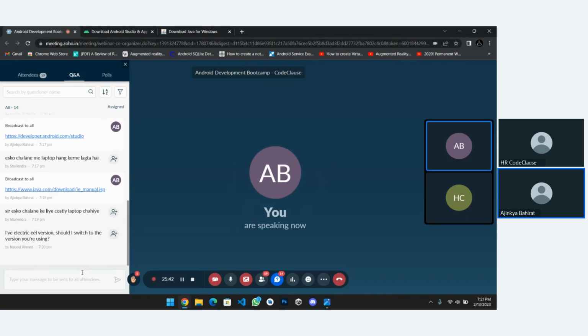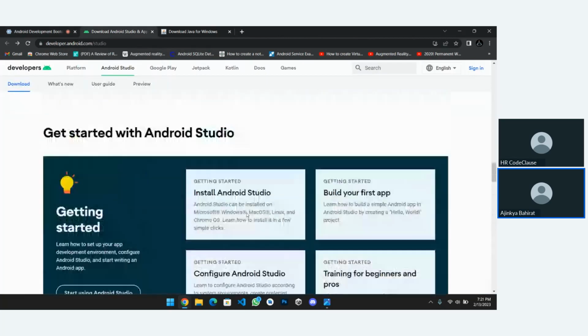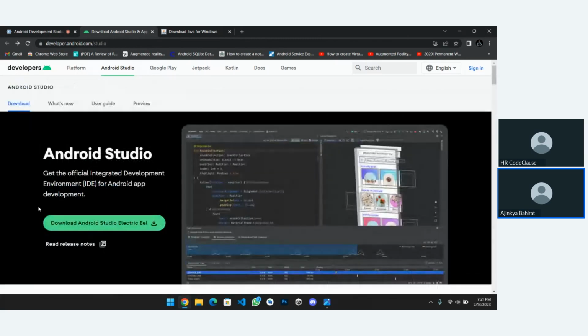No, not needed. Just use whatever you have, because sometimes the Android Studio site will provide you the version depending on your system. Currently my system is good, that's why it's recommending the latest version. If your version is old, then no worries, you can continue as the components are the same and the UI is the same, but there are a few changes. The screen will be the same, the overall structure of Android Studio will be the same, but some extra things or parts of the UI will be changed in the studio.